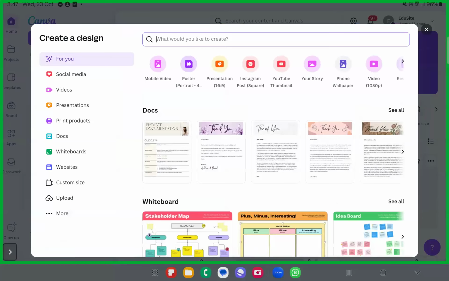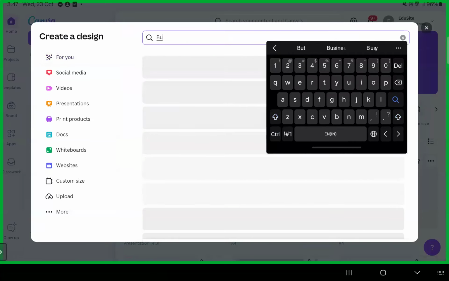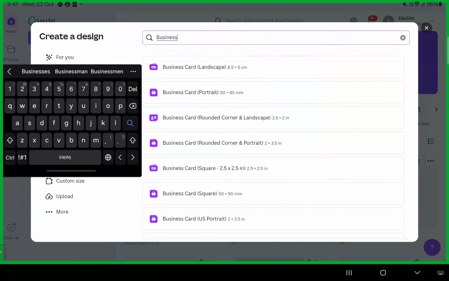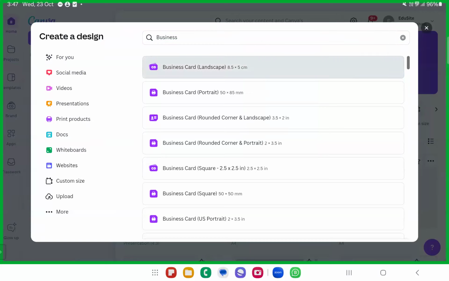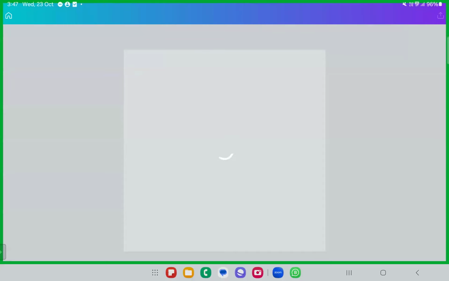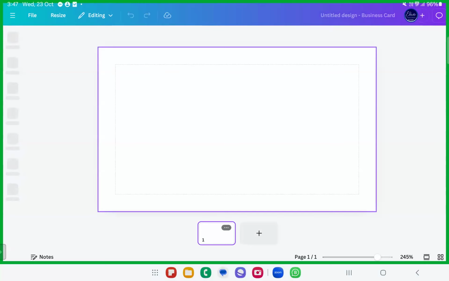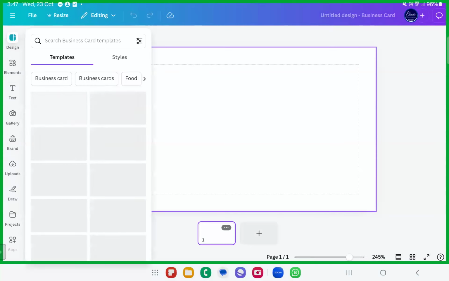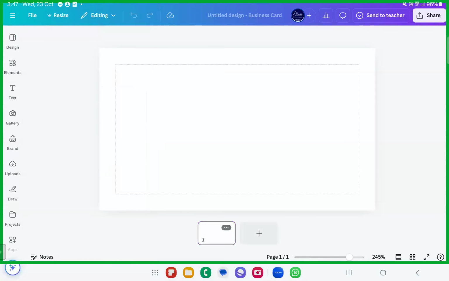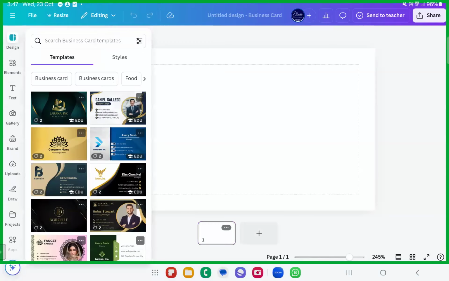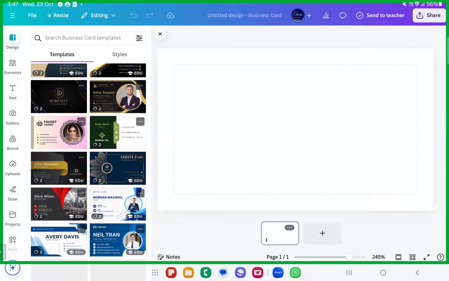Under designing, we'll just write business cards. Okay, it will tell you what ratio will be best. At the top you have landscape. This is the best version wherein you can create your business cards, the best aspect ratio or best dimension. So business cards with the landscape aspect ratio. The margins are already given because we selected them. Hopefully you remember margins were selected at the very first one. The business cards that are available here are very excellent.